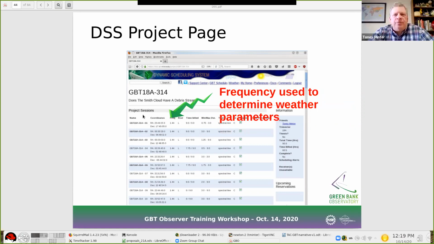Also, what frequency is going to be used will determine how the DSS looks at the weather and whether you can be scheduled. So you might have several bands across there, say maybe an observation with L band and Argus in the same session. If that frequency is set at 90 gigahertz, you're only going to observe in the best weather. If it's set at 1.5 gigahertz, then you can wind up observing in the rain, which isn't too good for Argus. So you want to really make sure that those are set